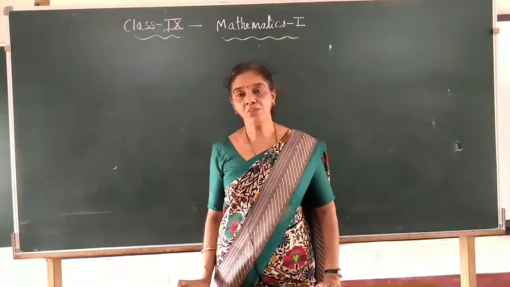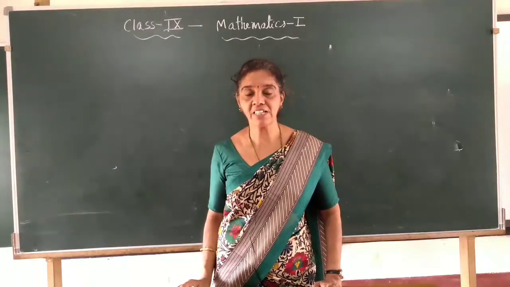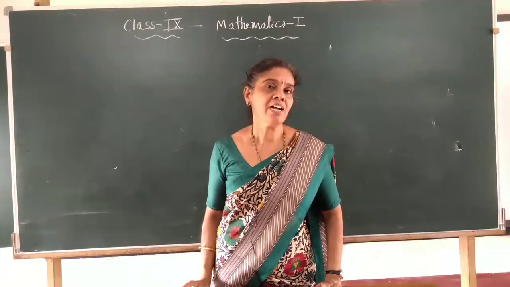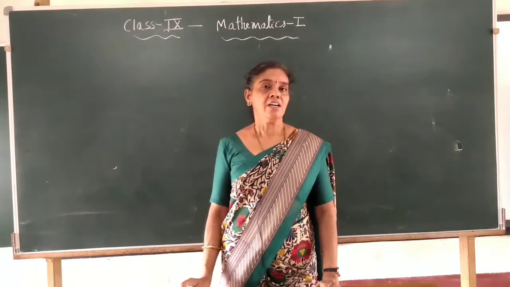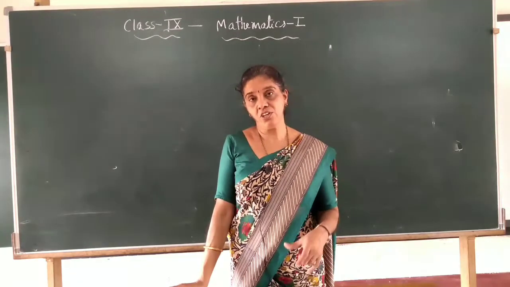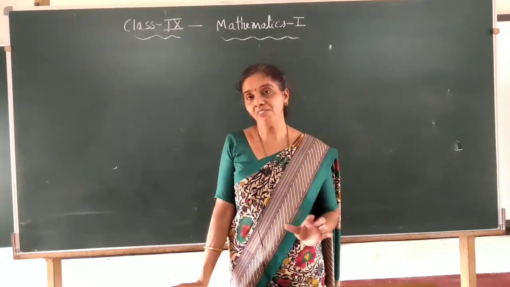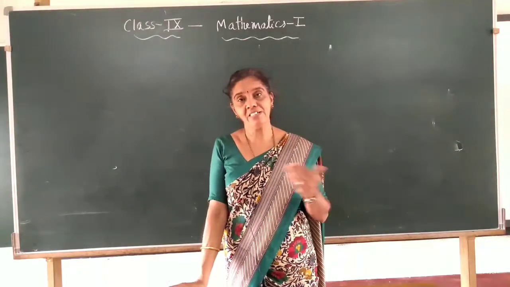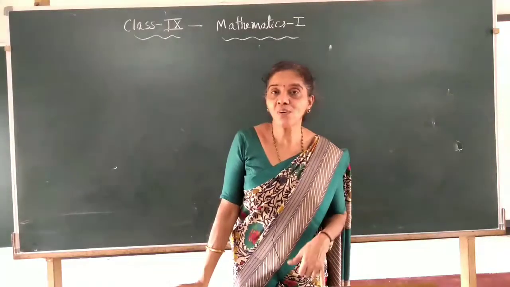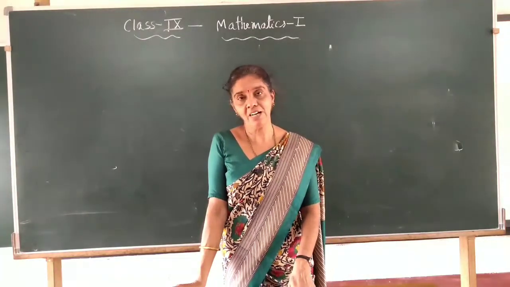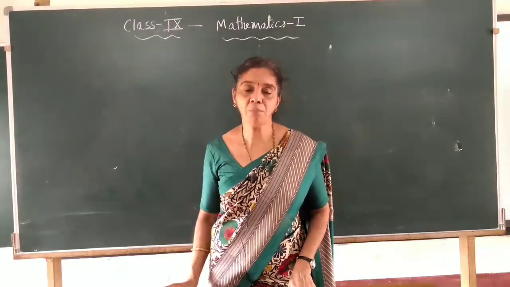Then we found out how to test different given numbers, whether each is a zero of the polynomial, by substituting them. And lastly, we studied how, if a polynomial is given, to find the zero of that particular polynomial. Very simple: equate the polynomial to 0, get the linear equation, and solve it to get the value of the variable, that is the zero of that particular polynomial.